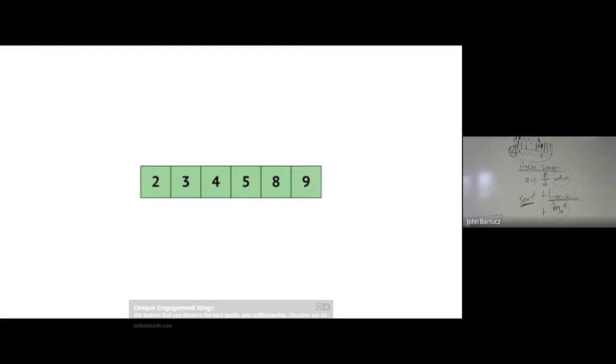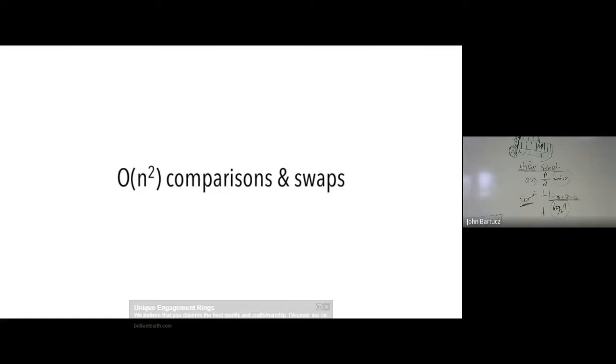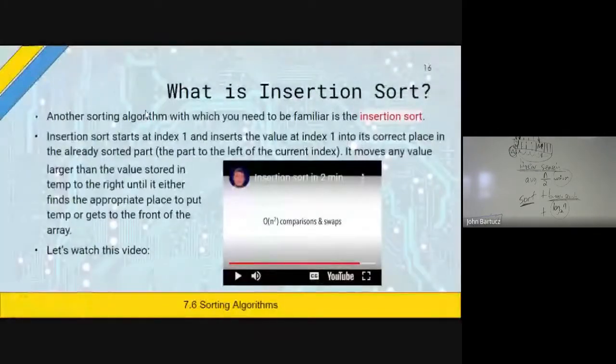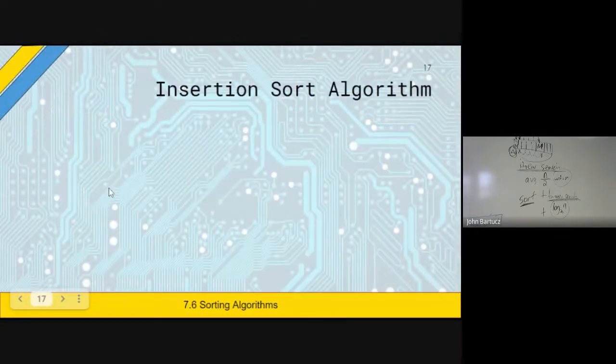Insertion sort is one of the most straightforward sorting algorithms. For your reference, here's the pseudocode. Insertion sort has the worst case time complexity of big O of n squared, where n is the size of the array. For example, today we're going to learn